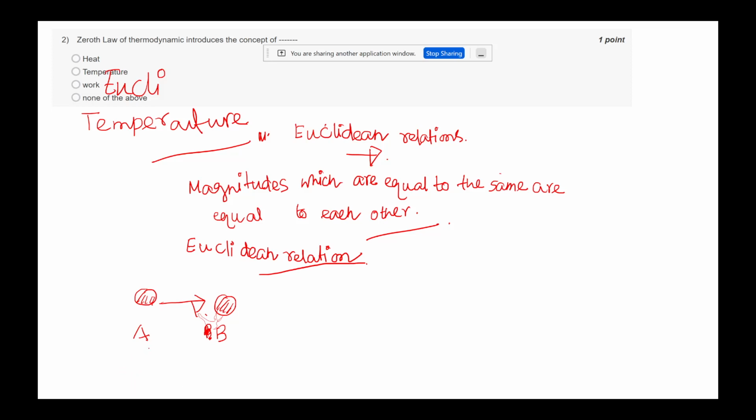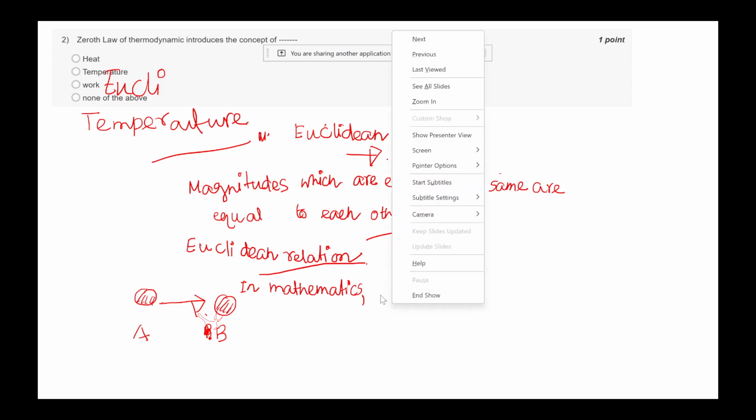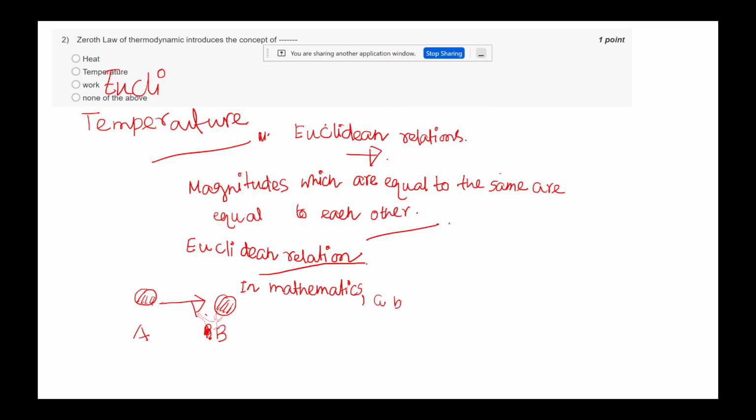Okay, so in mathematics, a binary relation